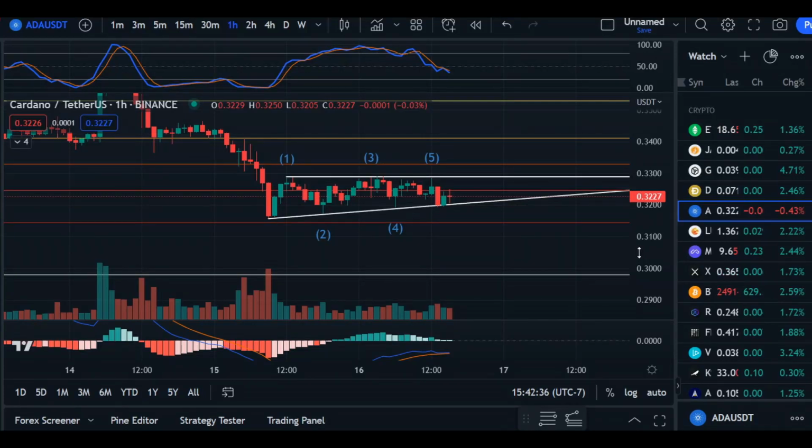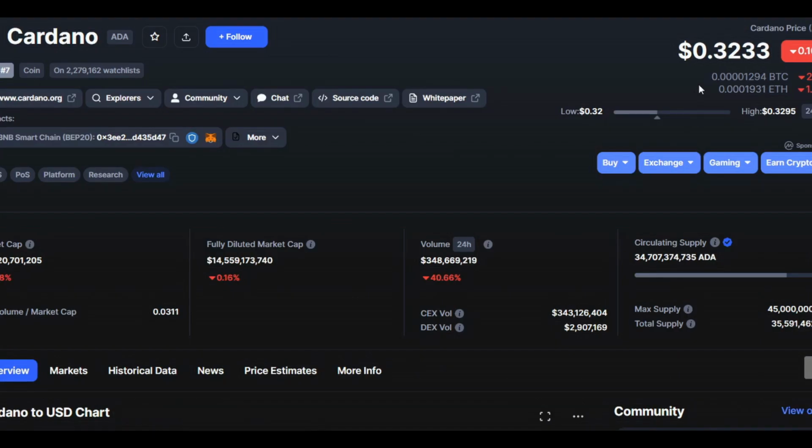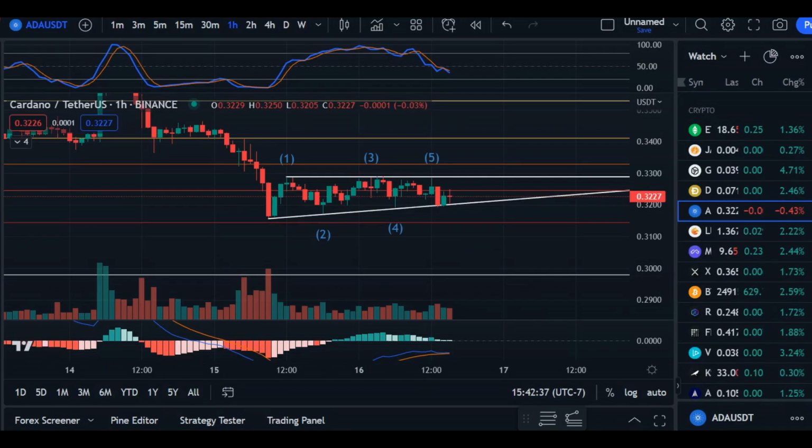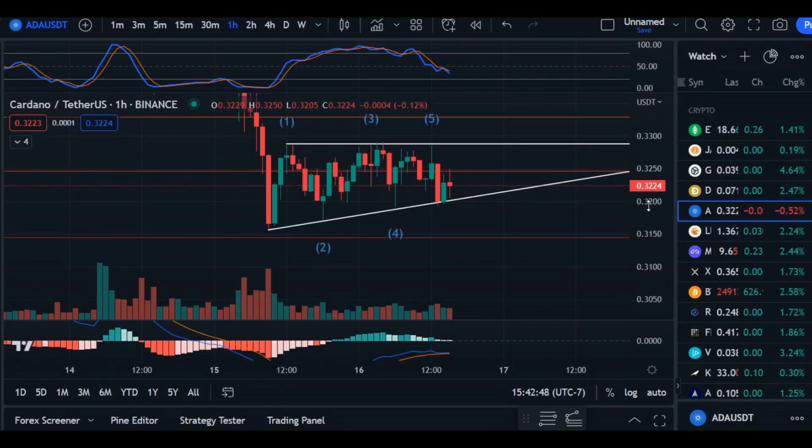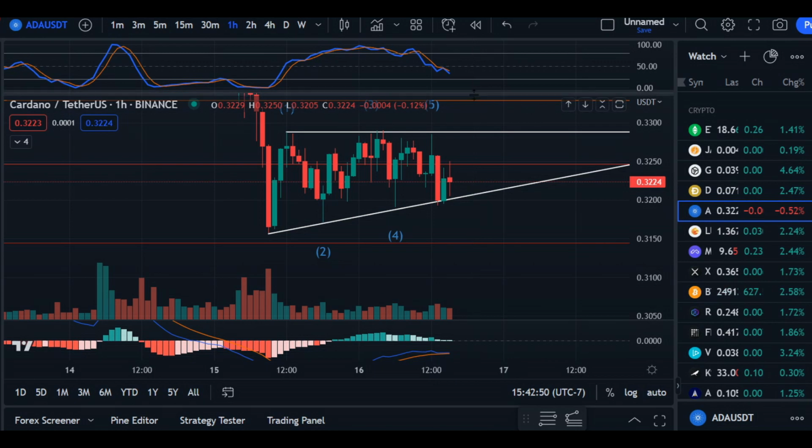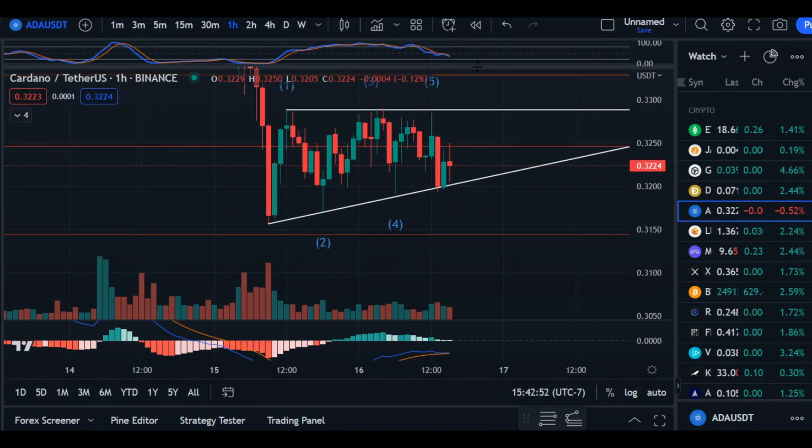In today's video update here for Cardano, we are trading at 0.3233. 24-hour volume, we're down 40%, and market cap, we are down 0.20%. So I'm going to be going over some resistance, some support areas, but most importantly, the momentum, because as we